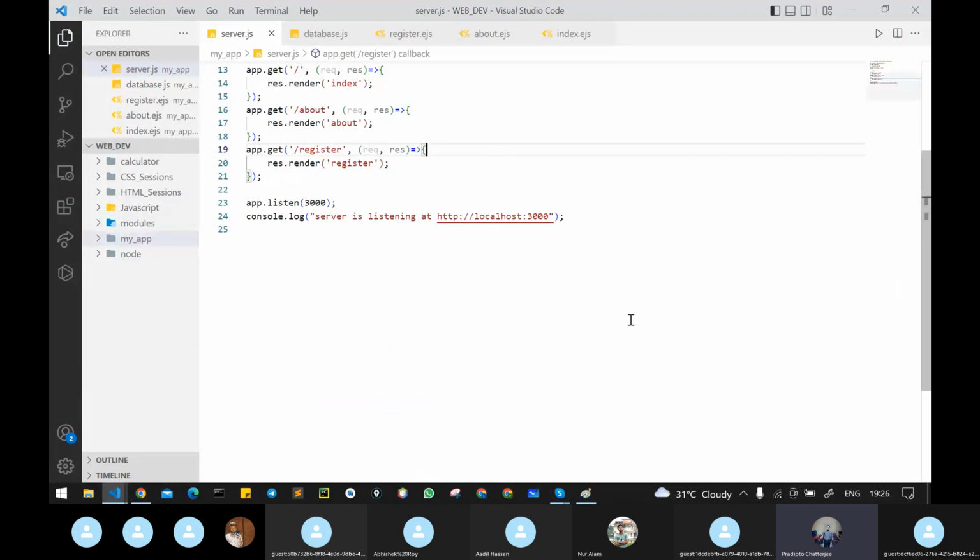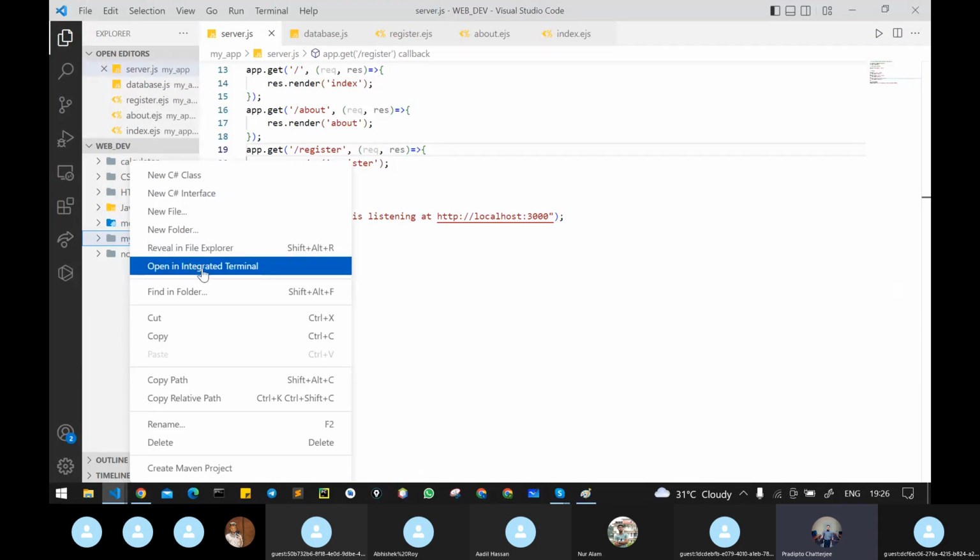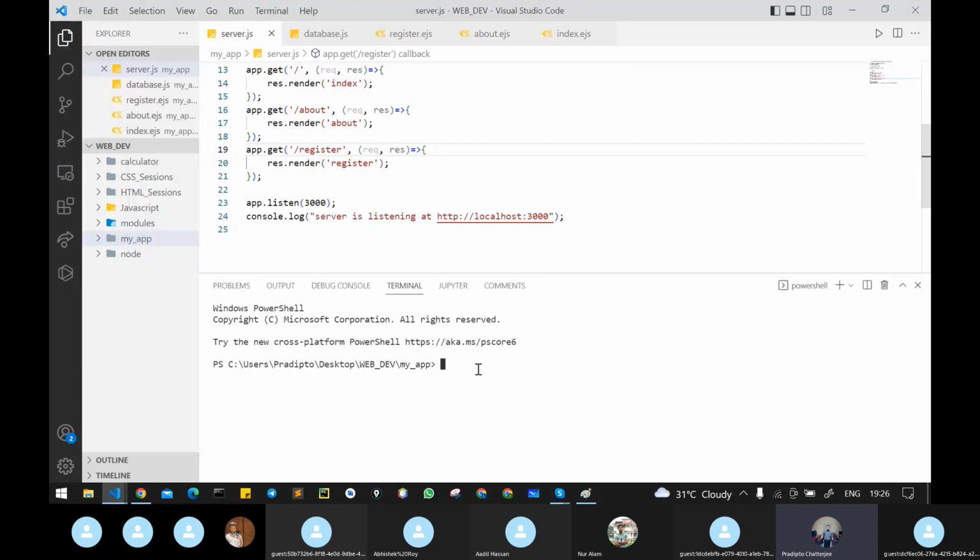I will kill this terminal, and after killing it, I will go to this particular part. I will open an integrated terminal. So I have opened this project. Now in this project, I'm going to write npm start. Let's hit enter. I am right here in this particular directory, and I will click on localhost 3000. I will control-click there, and you can see when I open Google Chrome,